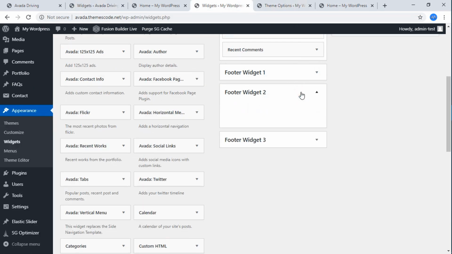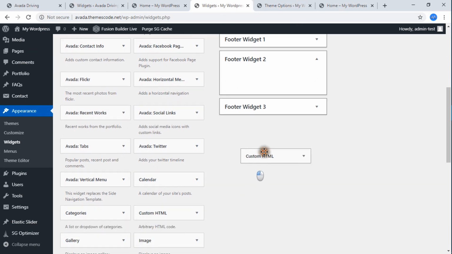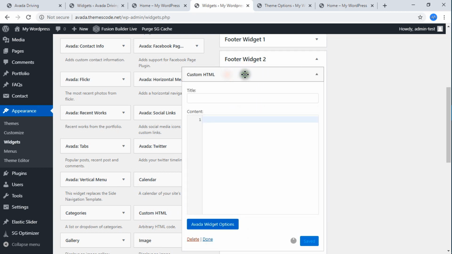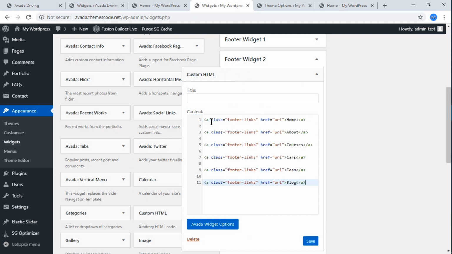Okay, on footer widget 2, we are going to add custom HTML. Here it is, custom HTML. If you have solid knowledge of HTML, then it will be easy. Just I have added this HTML code, hit save,